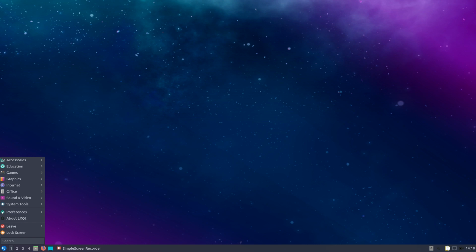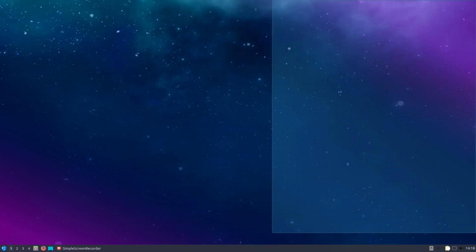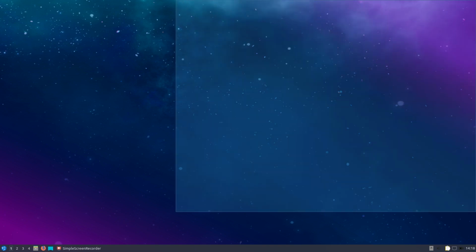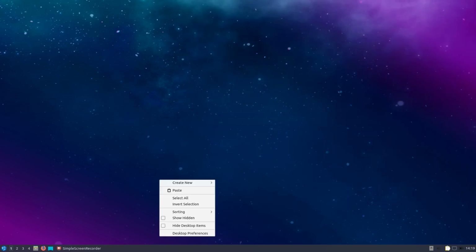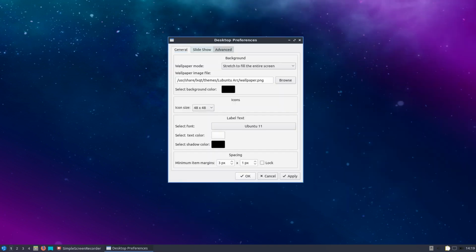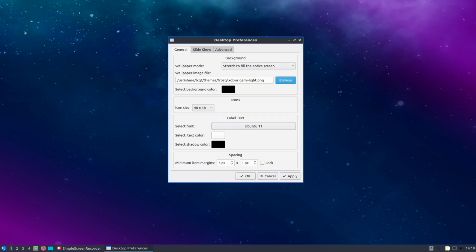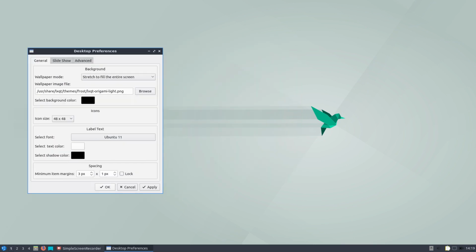So, yeah, it is more modern, it is more sleek than previous versions of Lubuntu. I just don't get why you'd want to use it at this point. Especially since it's even a pain to switch desktop backgrounds. You have to be sort of experienced to do that. Just switching desktop icons, for example. So that's why I think